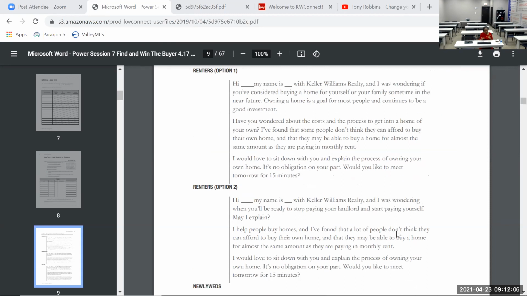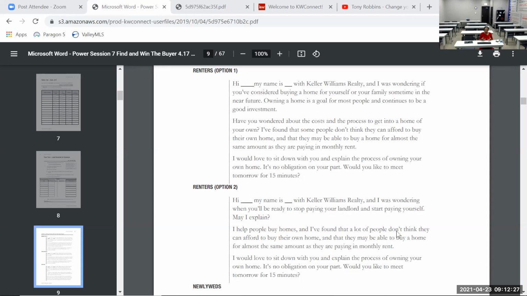And I've done similar scripts. You could take them to a coffee shop. You could take them somewhere and order appetizers or whatever, or you can invite them to the office. Maybe you can meet them at their home if that's what they're comfortable with. But you want just 15 minutes is all you want,